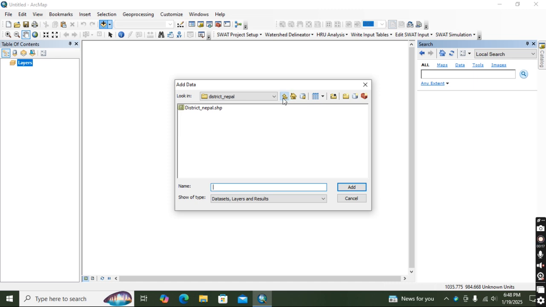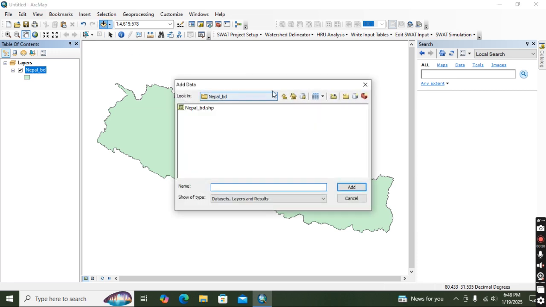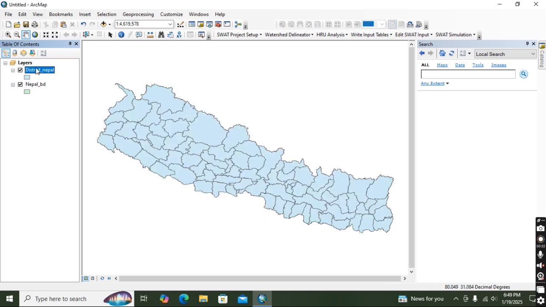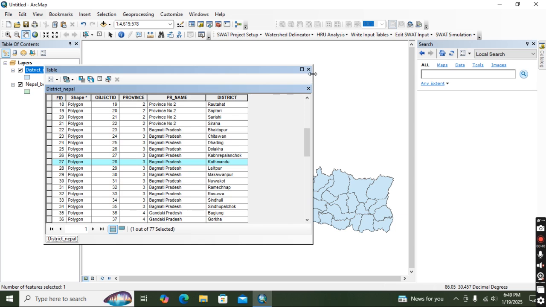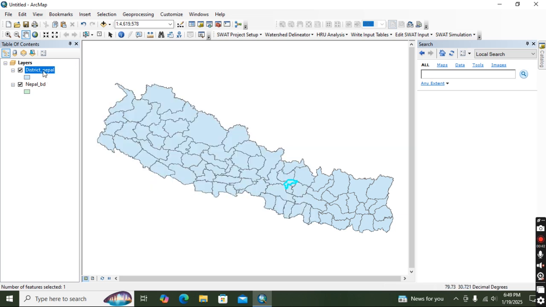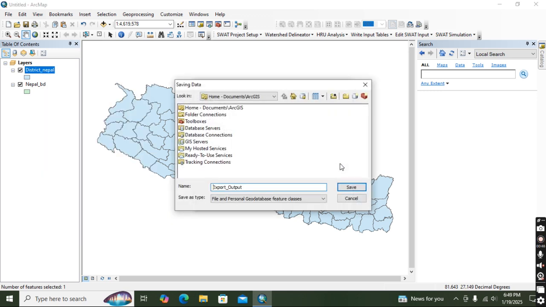Here I am going to make a map of a district. This is the saved file, the boundary map of Nepal. Then after, we need to prepare a map of the district, so add the district also. Then open the attribute table. For example, we need to prepare a map of Kathmandu. Select here, then right click, data, export data, then go here,